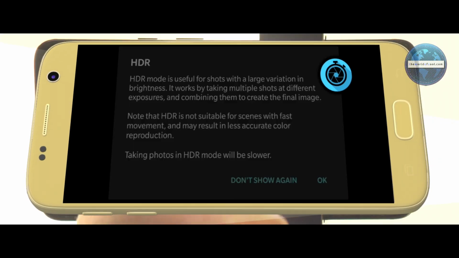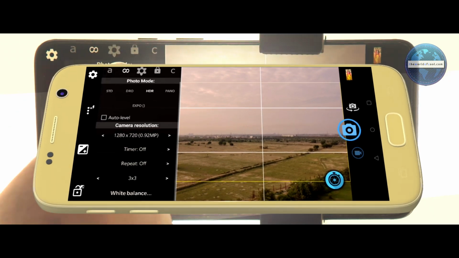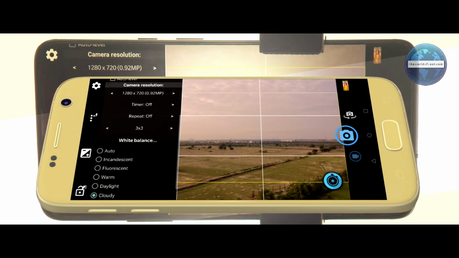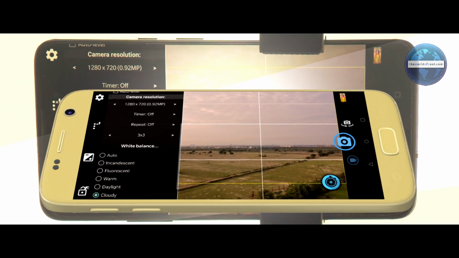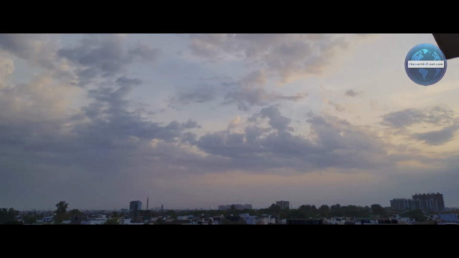However, since we are going to be using this for a time lapse, we're good to go. So tap on OK. Go to the menu one last time, scroll down to the absolute bottom and set the white balance to the scene that closest resembles the conditions that you are planning to shoot a time lapse of. Assuming we're catching the monsoon, let's set it to cloudy. That locks the white balance, so you won't see shifting colors, let's say when the sun is behind clouds and when it comes out. That's it for HDR photography.